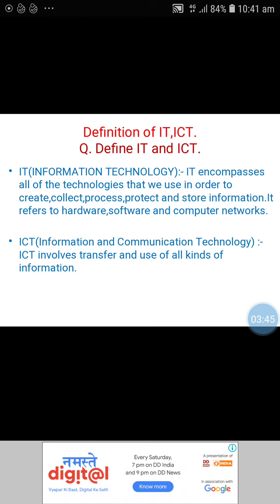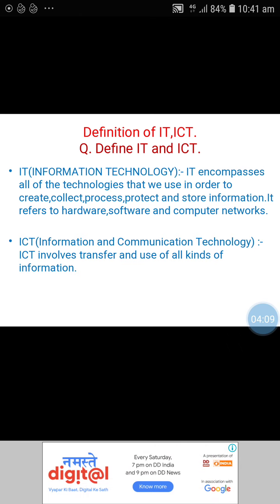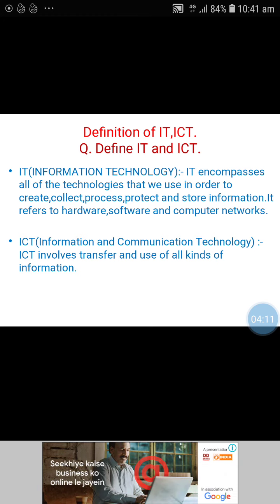Second definition is ICT. The full form is Information and Communication Technology. ICT involves transfer and use of all kinds of information. In the exam, the examiner also asks IT stands for, ICT stands for, in fill in the blanks questions, meaning they will ask you the full forms of IT and ICT.